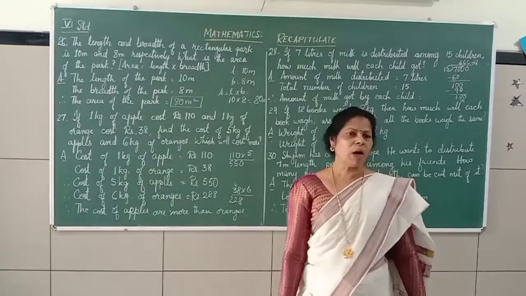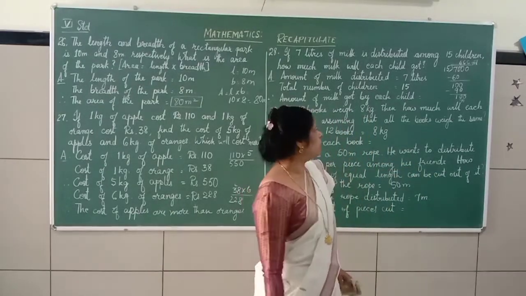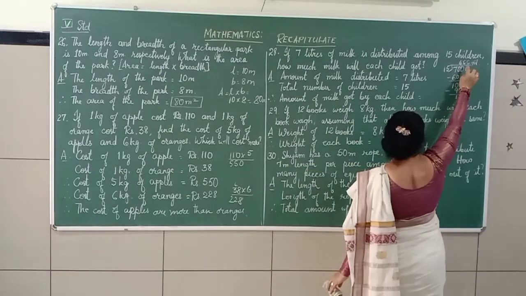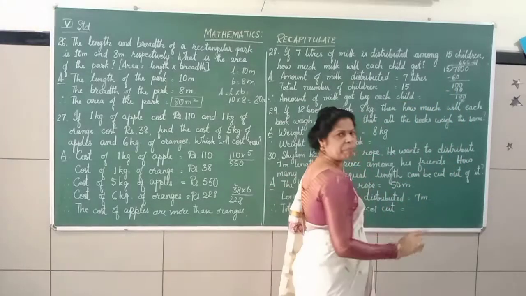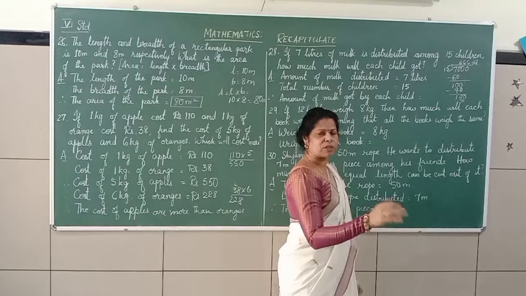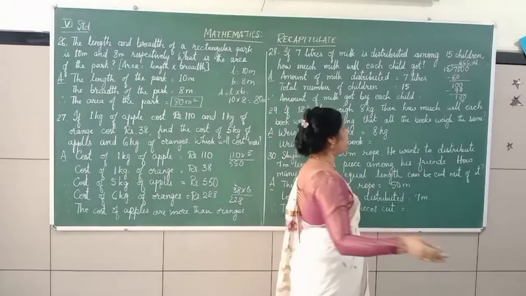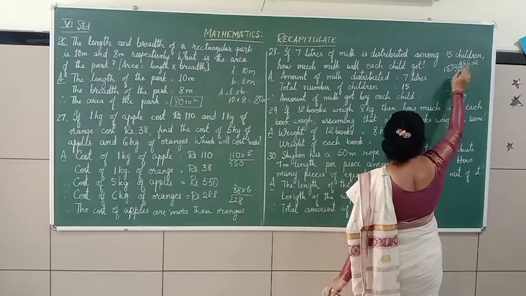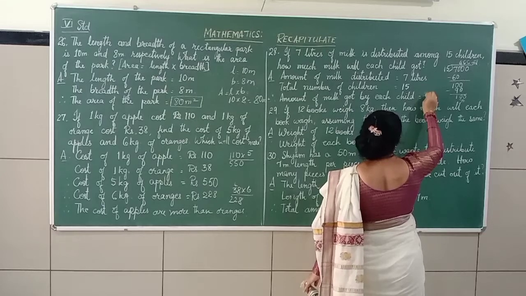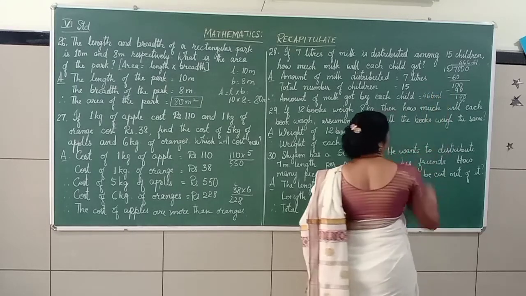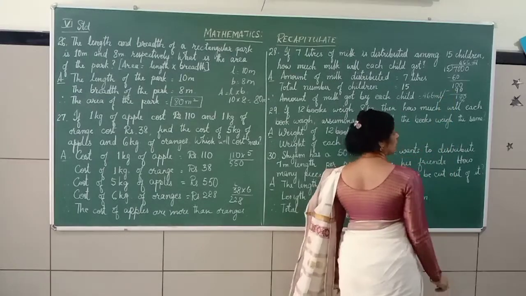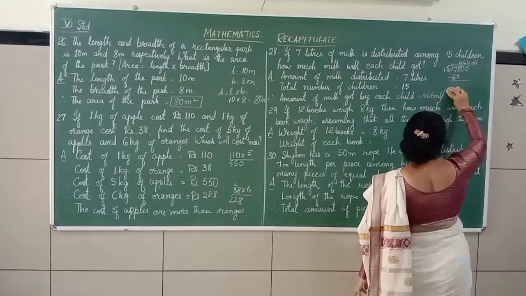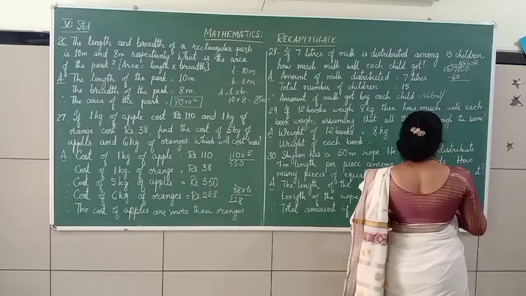500 milliliter. What is 500 milliliter? 500 milliliter is nothing but half liter. Okay. So this one, totally it is coming to us, for every child it will be 466 ml. So approximately you can take it as 466 is nearing to 500. So it is 500 ml, or you can take it as half liter, because it is nearing to half liter. So 466 ml, or approximately half liter.